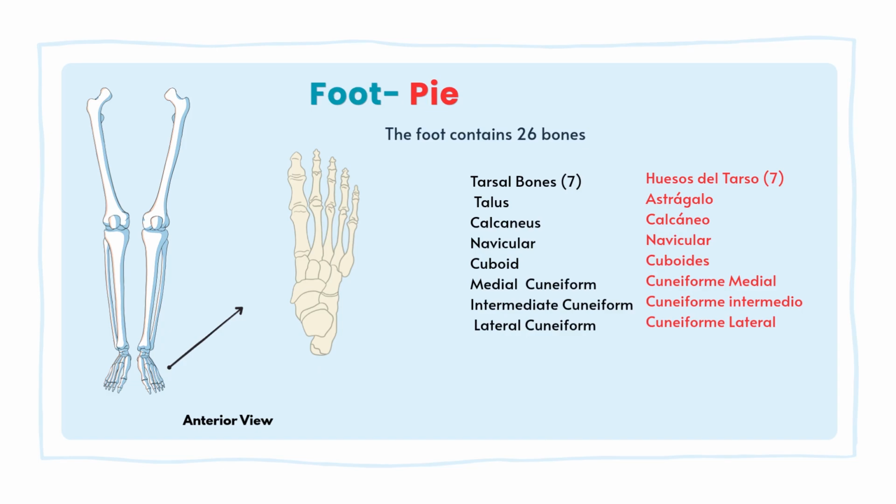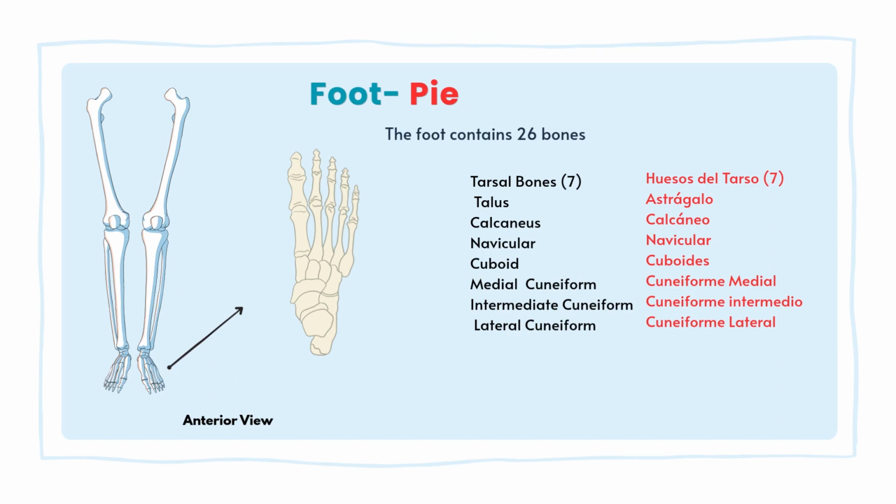In Spanish, pie. El pie contiene 26 huesos. You can see the names in English on the left side and the corresponding names in Spanish on the right side. In order, these are astrágalo, calcáneo, navicular, cuboides,